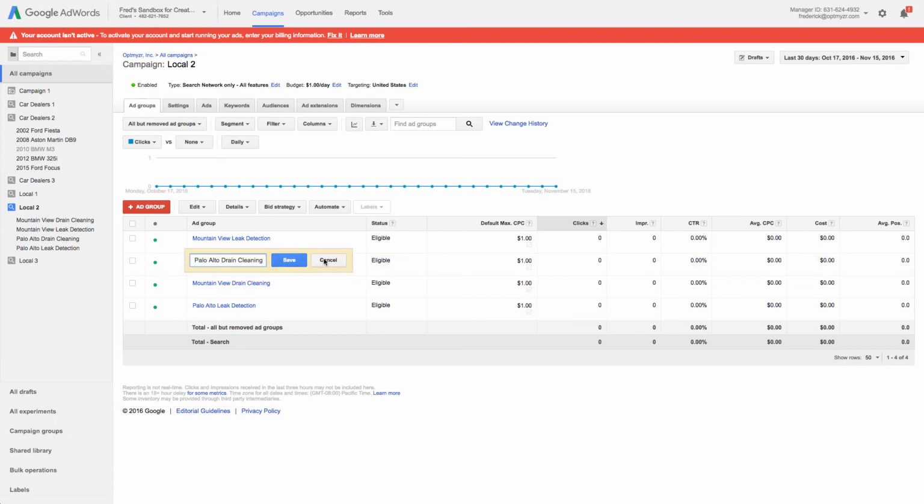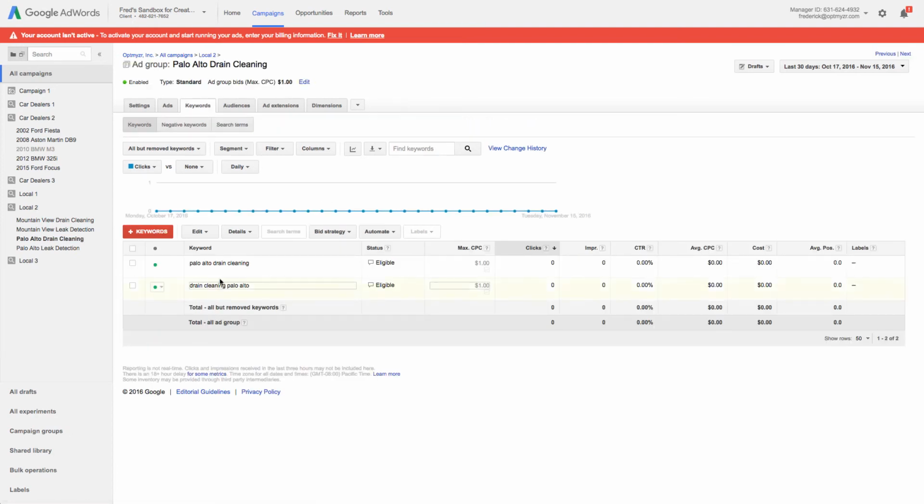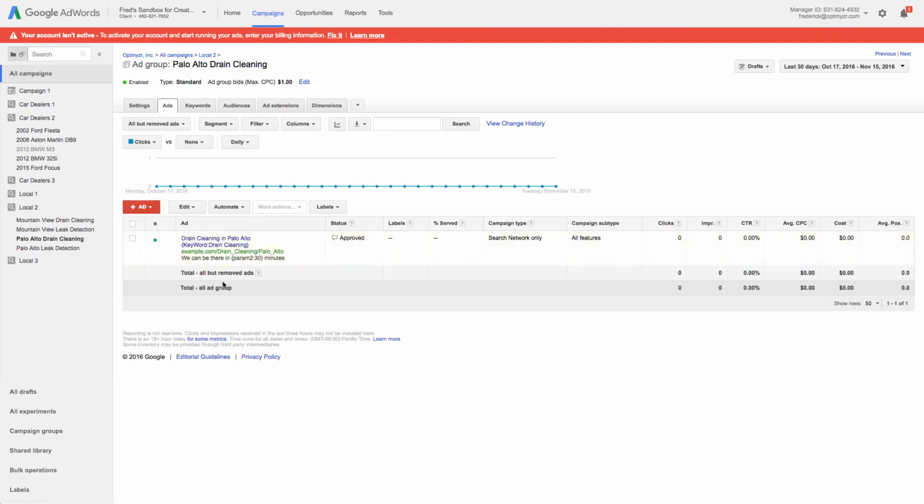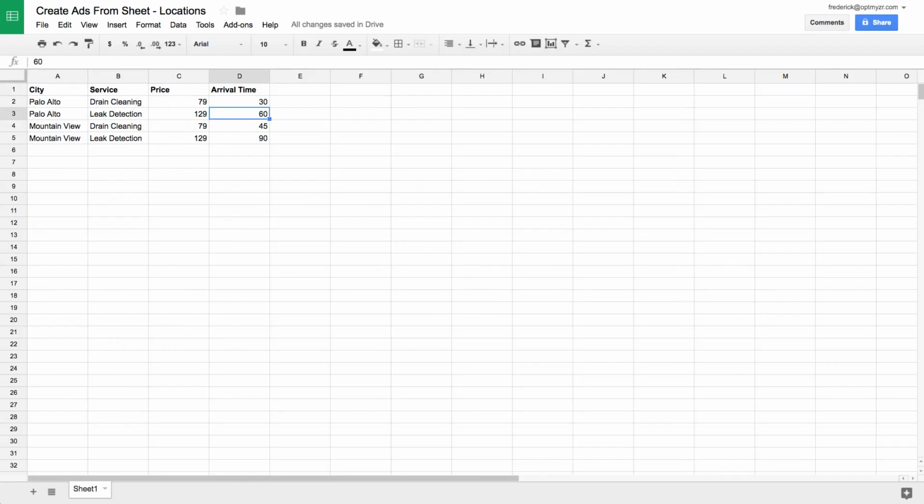And for example, in the ad group for Palo Alto drain cleaning, these are the 2 keywords. And then this is the 1 dynamically generated ad text that we have. Now you might want to run this script as often as once per hour. If it finds nothing to change, it's just going to leave things alone. But even if you make a small change, like you update one of the numerical values, it will push the